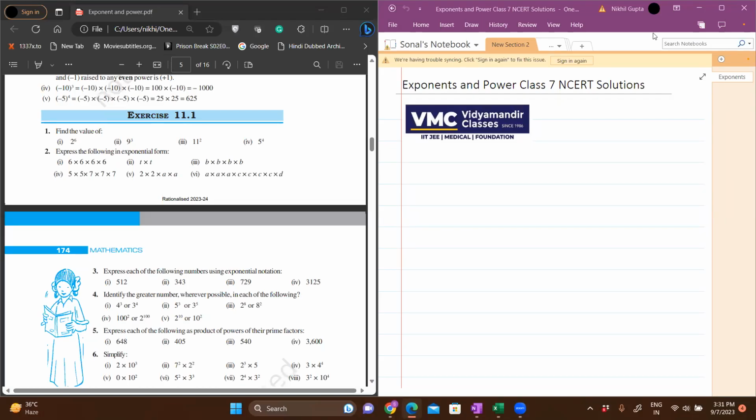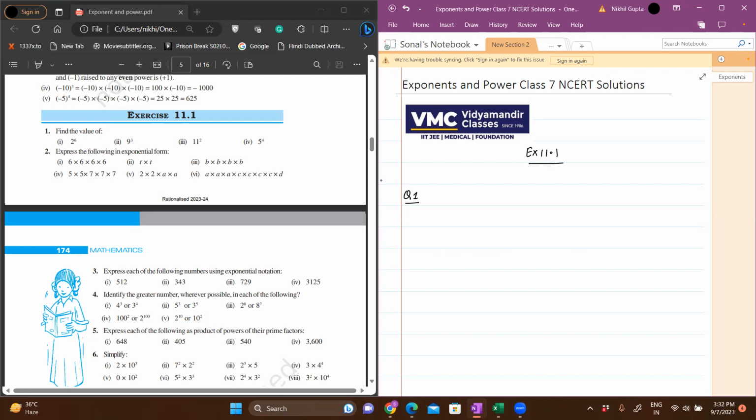Good morning, everyone. Today we will be discussing the NCERT solutions for the exponents and powers chapter. I'm starting with exercise 11.1. First of all, we'll take up a few questions, just the gist of questions that can come up in your exams. So the very first question that we have is, find the value of 2 to the power